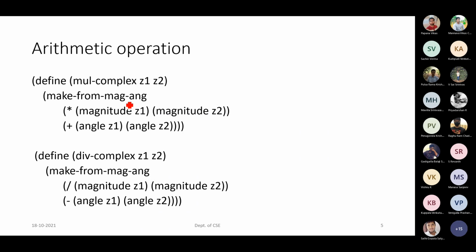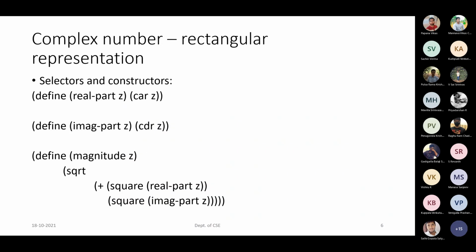So now you have the magnitude part and the angle part, two values. You can't return two values separately, one after the other. As a result, we want them represented as a single complex number, because these two values should be represented as a single piece of data. So how can we construct it? We have to make use of cons. We have defined a procedure called make from magnitude angle, where we were using cons. So this is what I was just talking about.